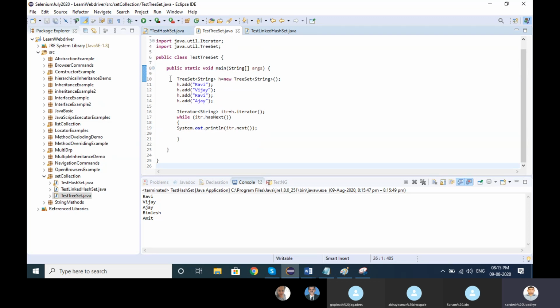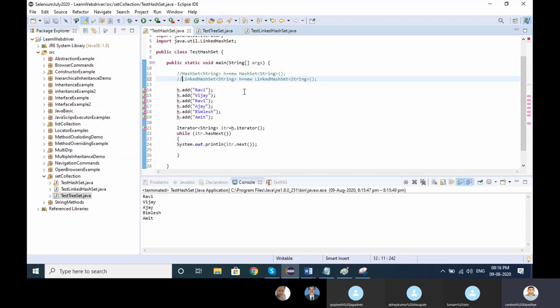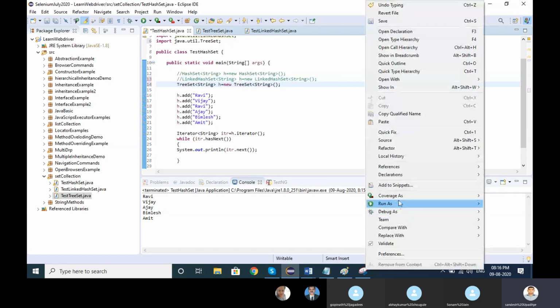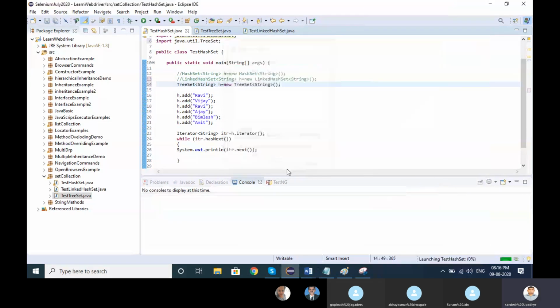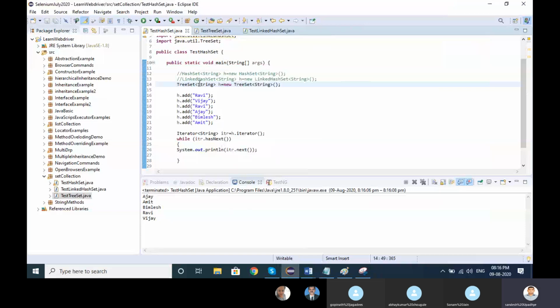It should be coming in ascending order or by comparator. Let's check first and then I will tell you. Look here, when we go with the tree set, it's coming in ascending order: A, A, B, R, and V.